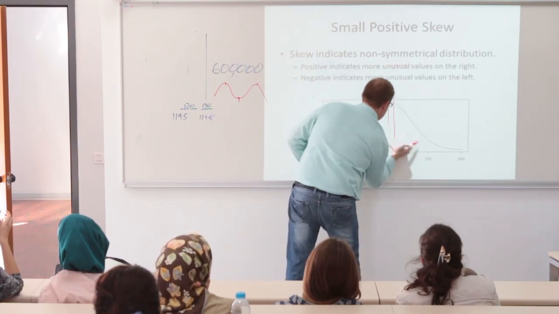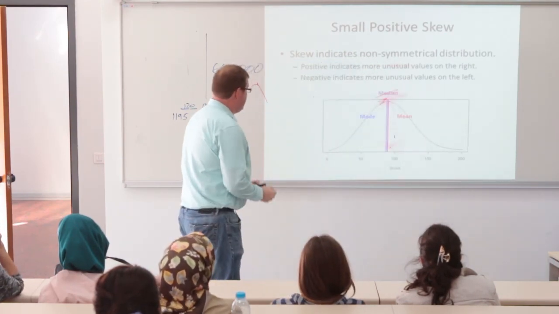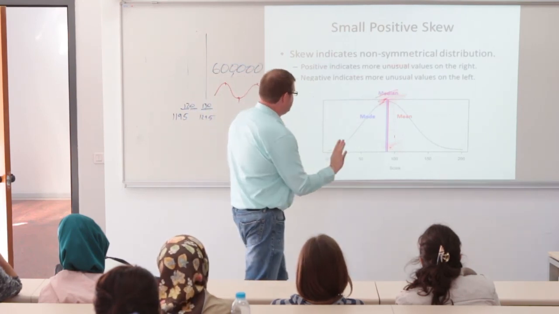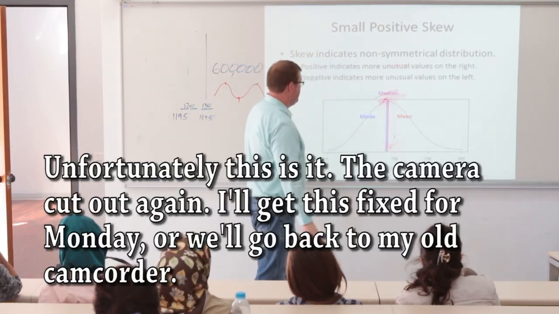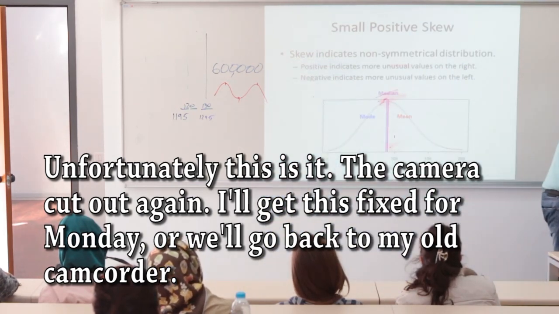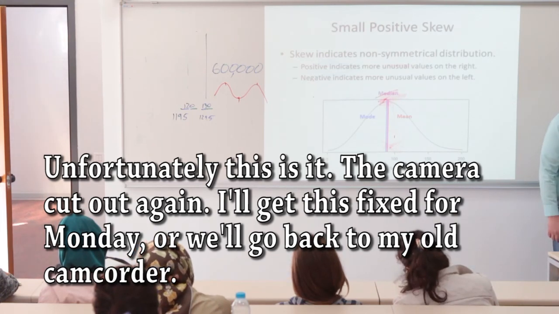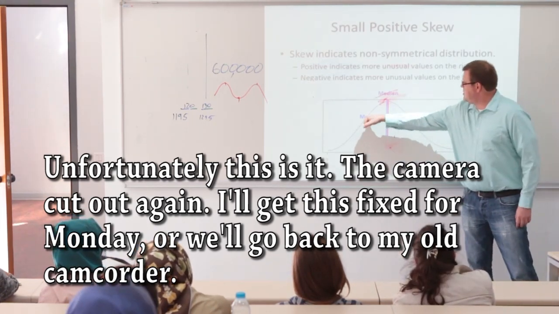All right, so let's plot these. So the mean is just a little bit over on this end. The mode goes right through that top point that we had earlier. And the median is very, very close to the mean. Notice that with the small positive skew here, we have the mode, the median,